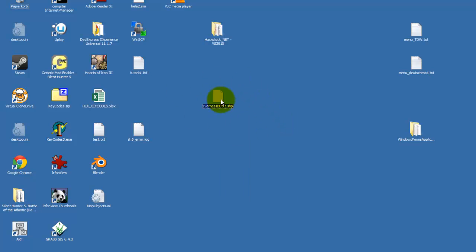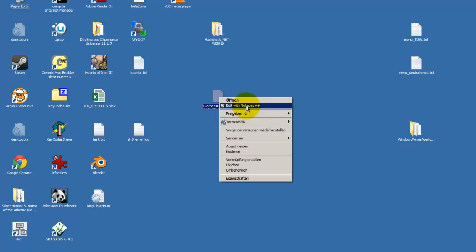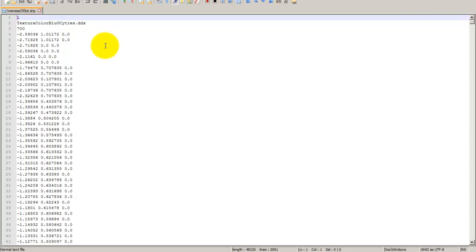So in this tutorial we will use three pieces of software. The first one is a simple text editor, so I'll use Notepad++ because it's my favorite one. So let's open up this copied file in Notepad++ and have a quick look at it. So we see it starts with the first two lines. So the first indicates that this shape is using a texture file, and this texture file is called Textura Color